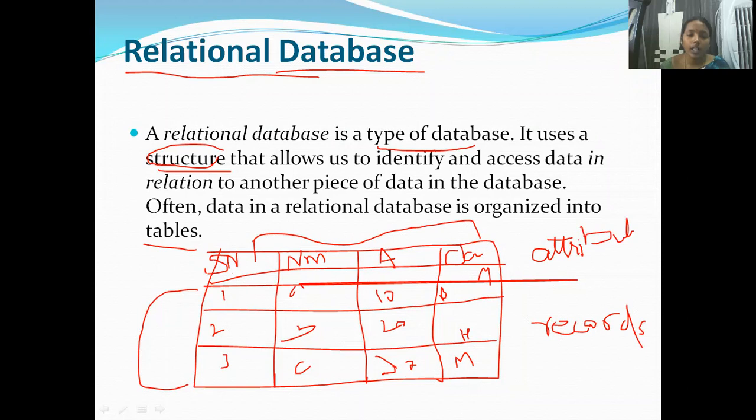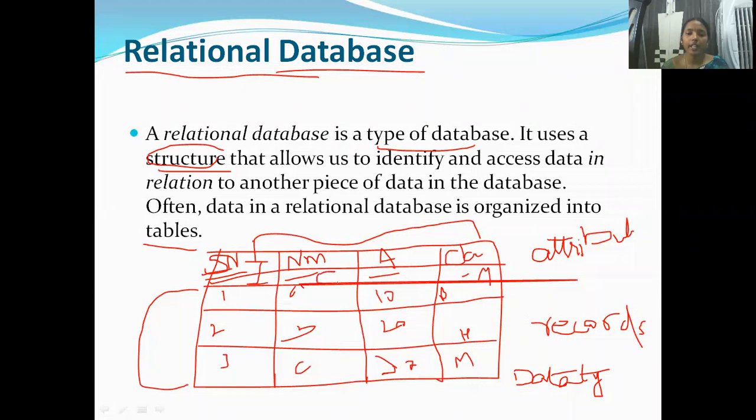Now, these column names, like student number, name, Aadhaar number and class, also have data types. In the last class I already explained what a data type is. A data type is nothing but the type of data to be stored in a variable. So what type is student number? Here student number consists of numbers, so it is an integer.